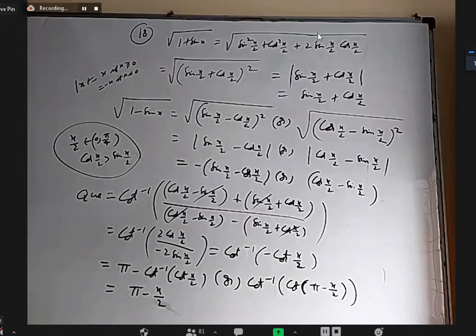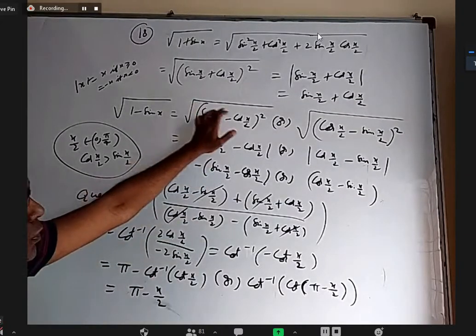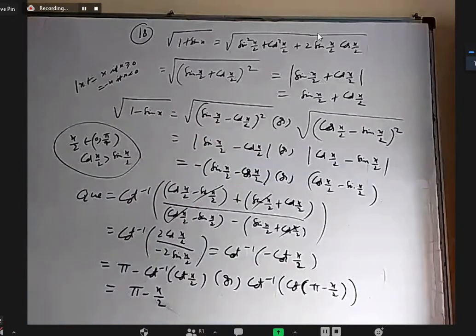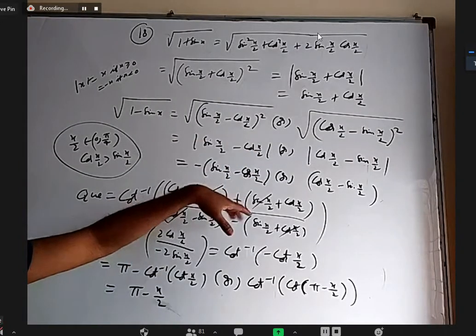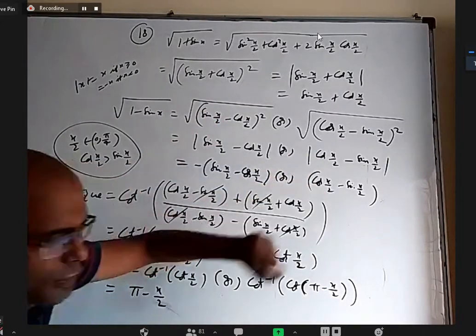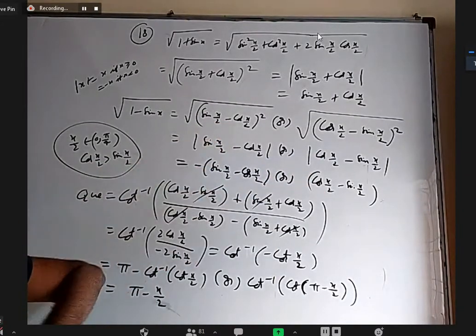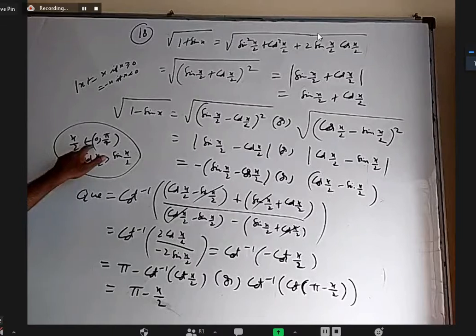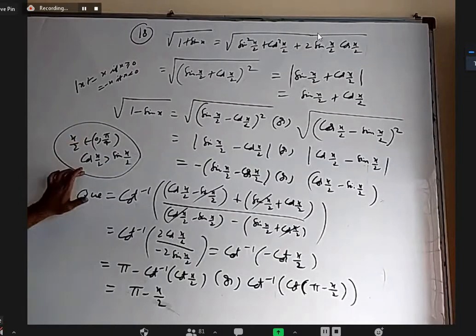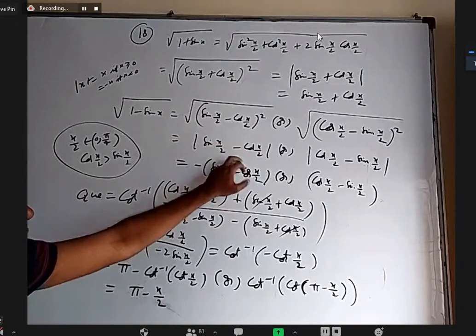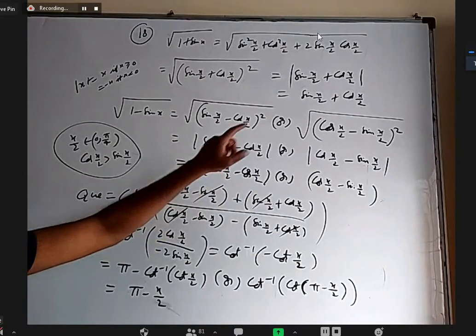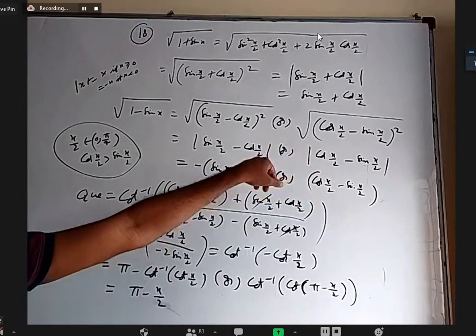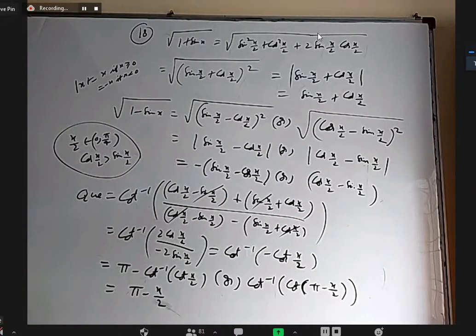Sir, once again explain what you explained now. I was explaining, when you cancel root and square, mod will come. That much is clear, right? Yes. When you remove the mod, if the inner quantity is positive, you will write it as it is. If the inner quantity is negative, you have to write minus of that. Now you have to decide whether it is positive or negative. When x is between 0 to 90, x by 2 is between 0 to 45 degrees. During 0 to 45, cos is bigger than sin. This is smaller, this is bigger, so it will be negative. That's why when I removed the mod, I kept a minus. If you take it the other way, cos is bigger than sin, it is positive. So when you remove the mod, it will come as it is. Ultimately, they're equal. Yes, sir. Understood.